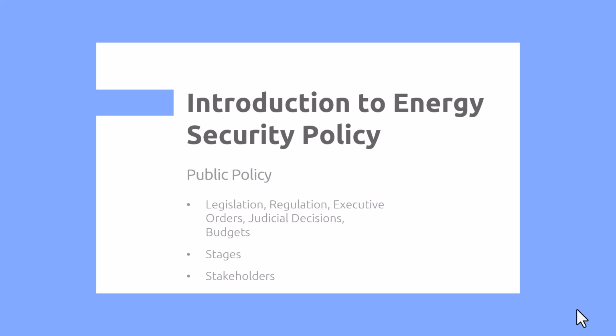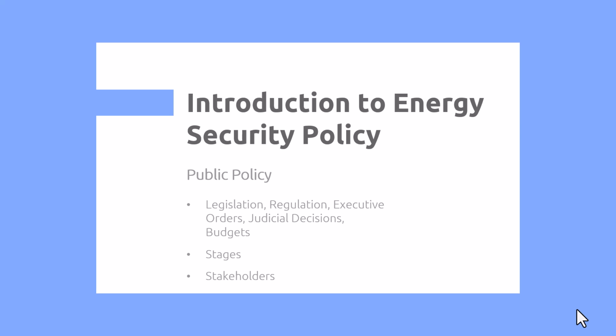So some of the key aspects when we talk about public policy include legislation. These are laws enacted by legislative bodies. In the United States, you would think of Congress when you think of legislation, because that is the legislative branch of government. Legislation covers all kinds of issues, domestic and international: healthcare, education, energy, the environment, and the economy.